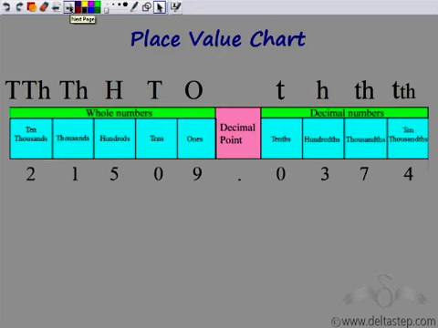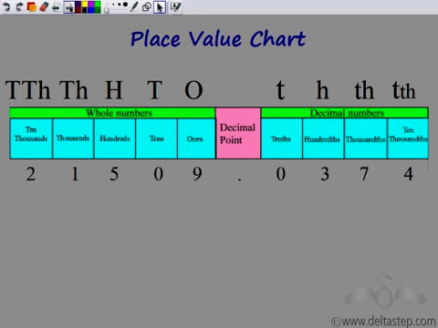So now let's look at the place value chart. So far we've seen ones, tens, hundreds, thousands, ten thousands. Now we can continue in a similar way even after the decimal point. So after the decimal point I get tenths, which is 1 by 10. The column multiplier is 1 by 10 here. Hundredths, which is represented by small h. Thousandths, which is represented by small th. And ten thousandths, TTH. Further, you can keep on adding numbers on both the sides. So this is how our place value system holds.